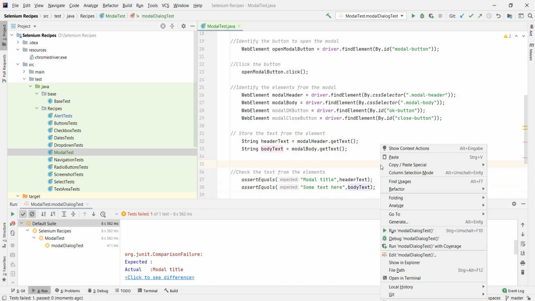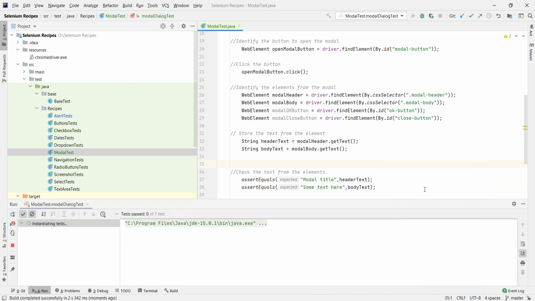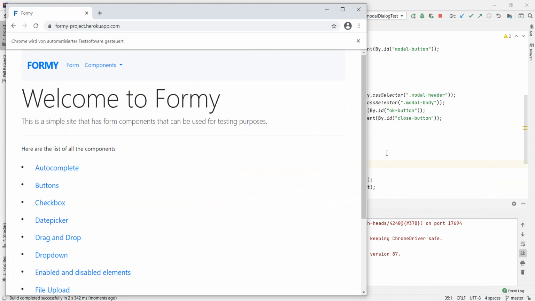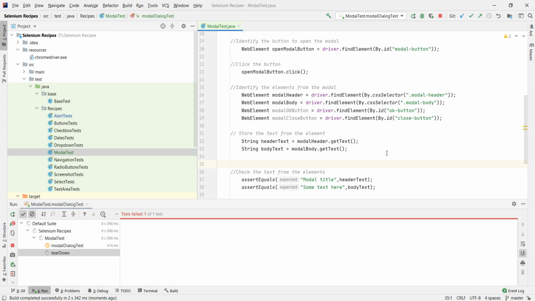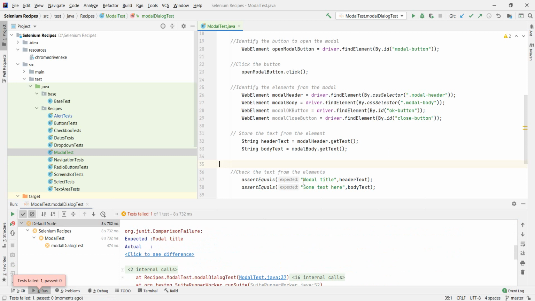Wait, let's run it again. But I'm pretty sure you already saw the issue that we have. And the issue is our strings here are empty. Okay, let's see again. Yeah, so these two seem to be empty. So let's see what's happening there. Are they really empty? Let's make a print